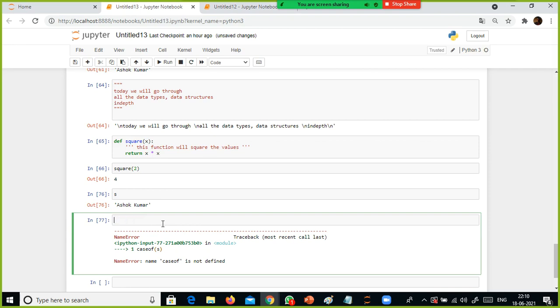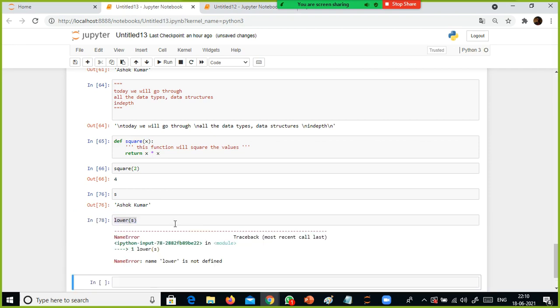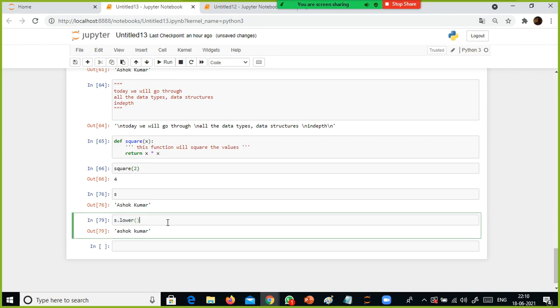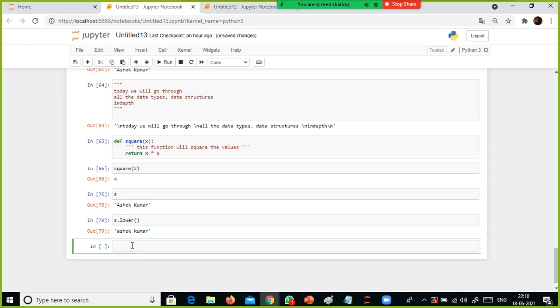Okay, I don't remember. Lower of s. If I give lower of s, name lower is not found. Okay, what is the variable? s dot lower. Ashok Kumar. Look here. s dot lower function converts all the values into small letters. We have some lower function.